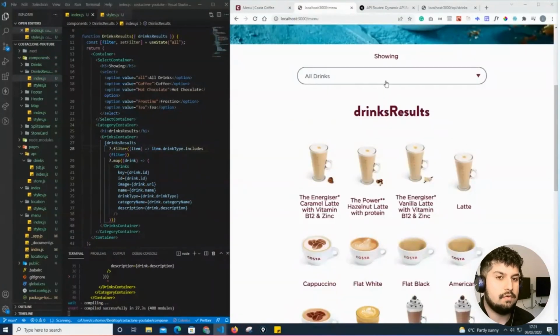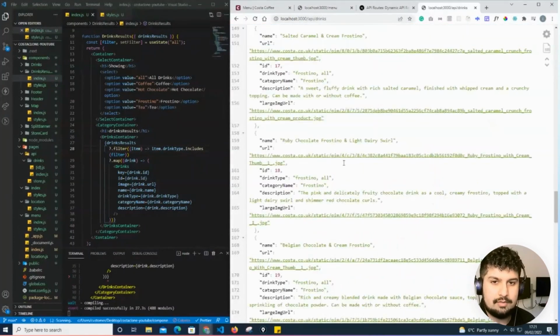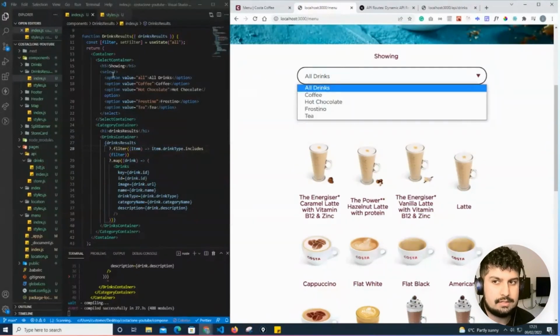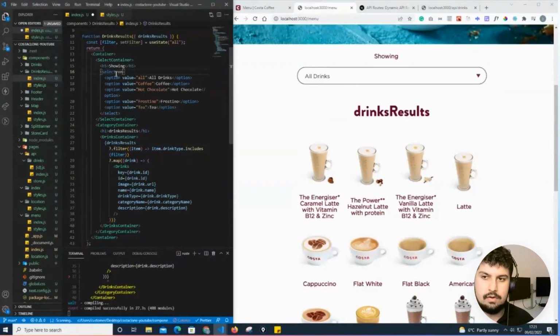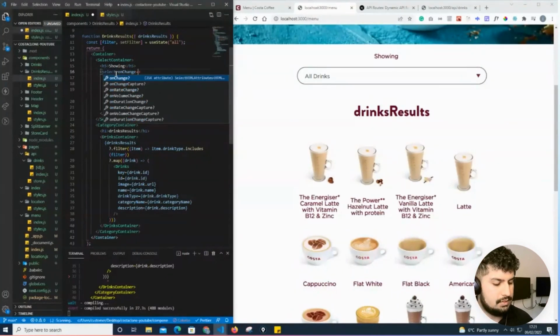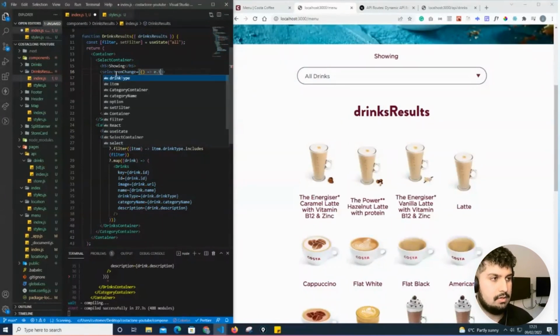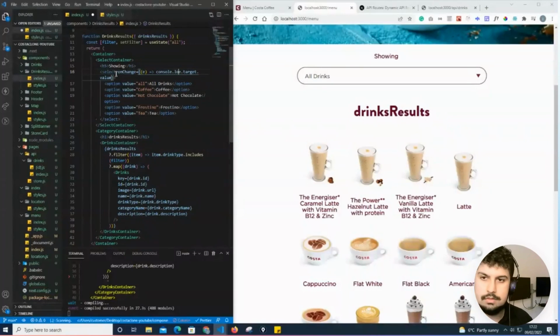So at the minute, we have all of the drinks filtering out to the state of all, which is in our API. So all of the drink types include the string of all. So in our select dropdown, we need to add an onChange event so that we know the change has happened. So in my select, if I add onChange, which is equal to an anonymous function, which returns the e.target.value, and I want to get the event object also,